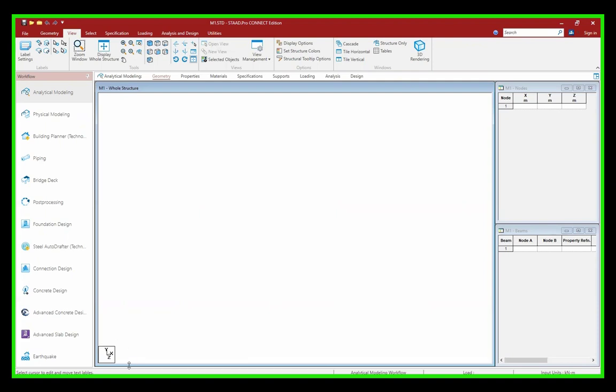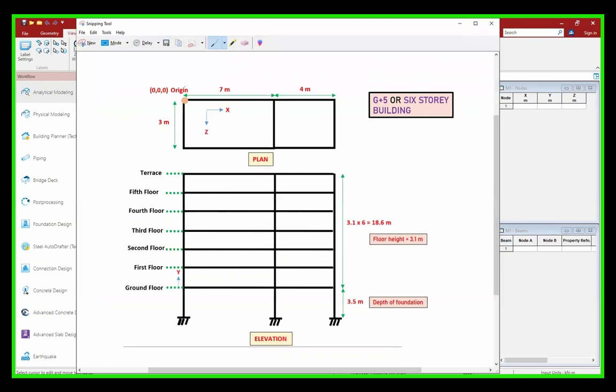If you want to understand global and local axis, you can check out our initial videos where I have taught about the local and global axis. Now this is the plan top view. That means when I check our structure from positive y, I have to go to this view. When I click on this, you can see only the x and z axis now, right? And that's what I have mentioned in our problem statement. This is our x and z axis. That means this is the plan view of my StatPro Connect screen.